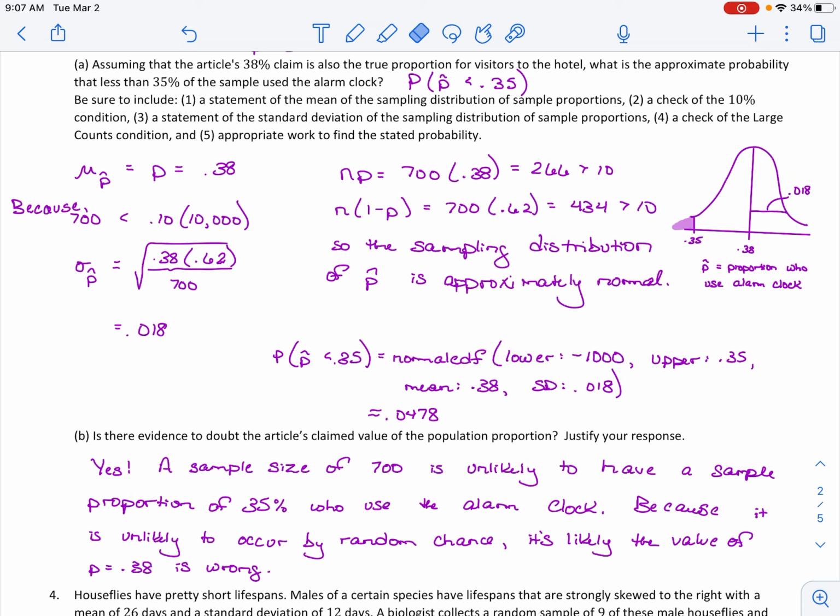So a sample size of 700 is unlikely then to have a proportion of 35% who use the alarm clock. Because this is unlikely to occur by chance alone, it's much more likely that just that center value was wrong in the first place. We have reason to doubt 0.38. It's probably